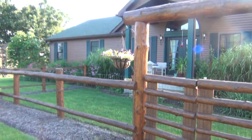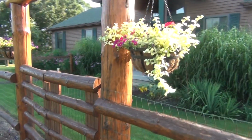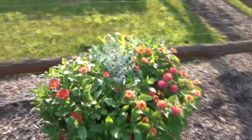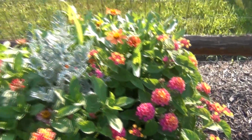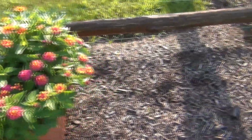A couple more baskets there, if you can see them in the sun. Good. Another one of my pots I planted. And over here,